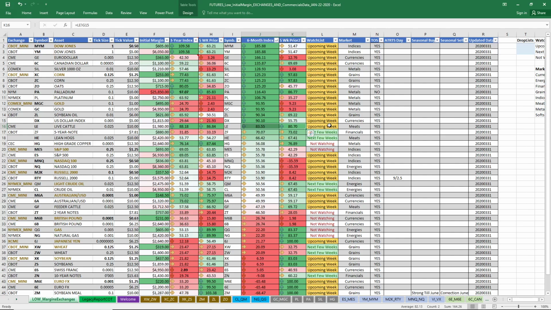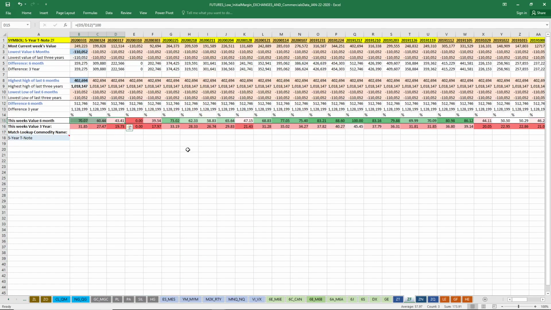Okay, moving on. Boy, this chart's getting long. So we're going to do the top half and the bottom half, just to keep this speeding along. I don't play notes very often. If you want to drill down into notes and take a look at that, go ahead. It's just something I haven't really gotten around to yet.